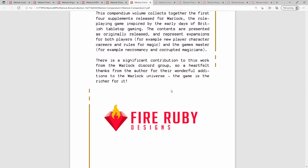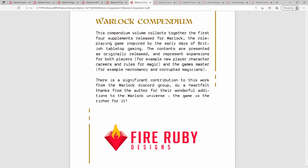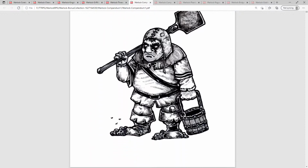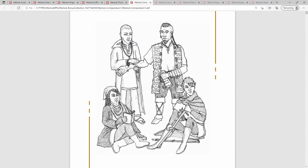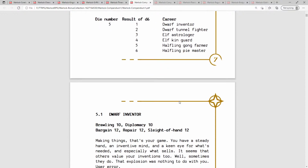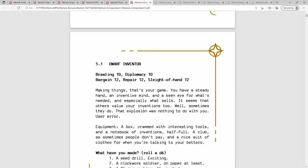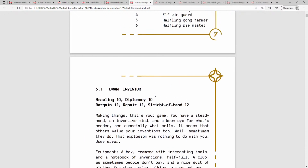Yes. All right. So here's the compendium. So there are 4 supplements. Wow. So they have contributed a lot, significantly. So there's now community careers. Nice. And they give you the exact same plus the 2 questions. Right. All right. And